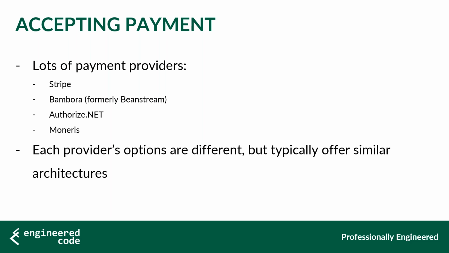If you're just some regular person, you go to Stripe and they're going to offer you 2.9% credit card processing. But at the same time, I know other people who can get 2% from their bank or whatever it is. So Stripe or Bambora or Authorize.net, they're going to have different pricing terms, all that sort of stuff. So that's something you have to look into, but you also have to be aware of